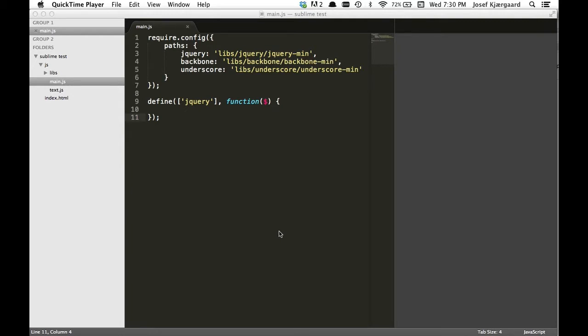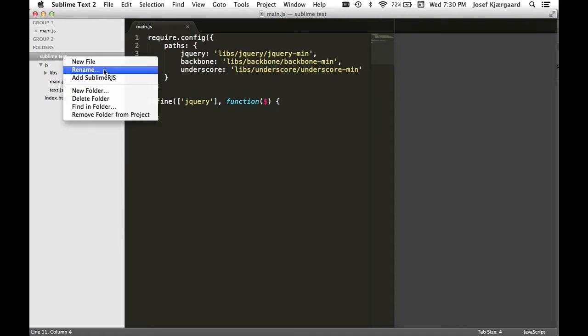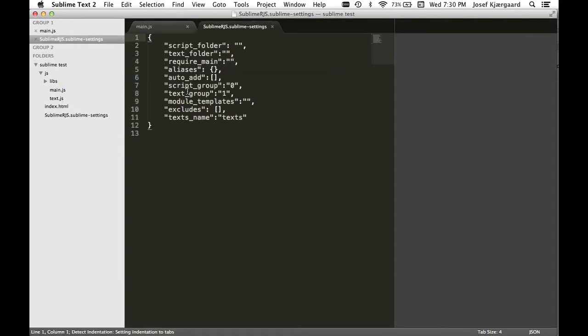Alright, I'm just going to do a quick demo of SublimeRJS. The first thing we need to do is to add it to our project. So right click on the main folder and click Add SublimeRJS. So this will copy a configuration file to the folder, and we need to put in a few things to